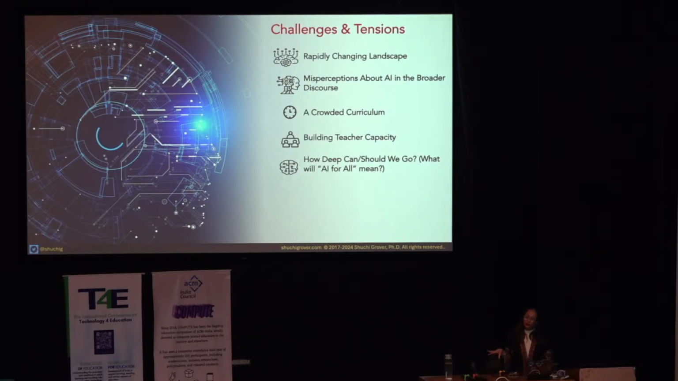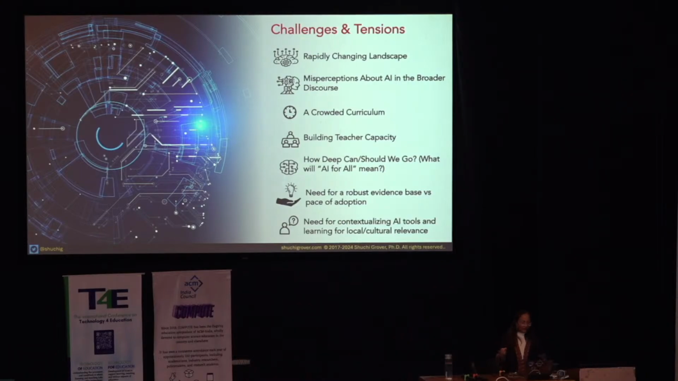How deep can we or should we go? This is not something we've figured out yet. What does AI for everyone mean? What does foundational literacy mean? How much do we need? We need a robust evidence base. And so we need research, and we have to balance it with the pace of adoption. EdTech tools and EdTech companies are just raring to put all this stuff into classrooms without a robust evidence base. How do we hold back until we know whether something works and works well and for whom and under what circumstances? And we need to contextualize AI tools and learning for local and cultural relevance,